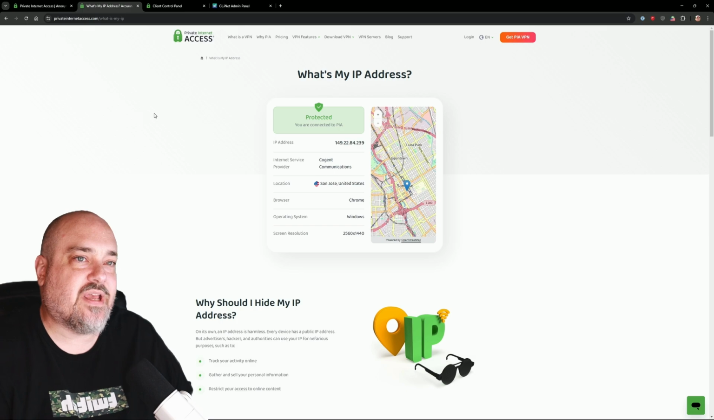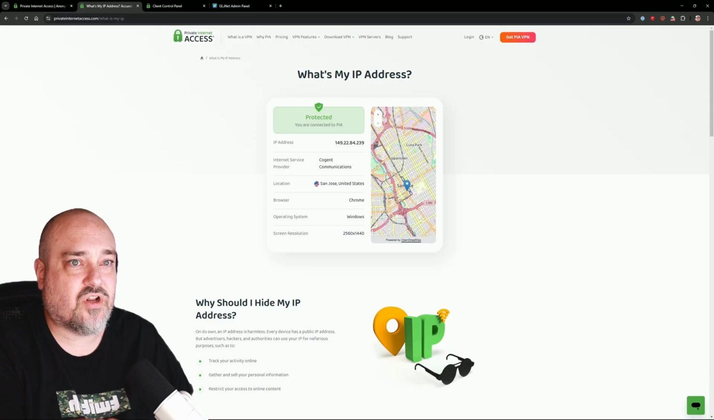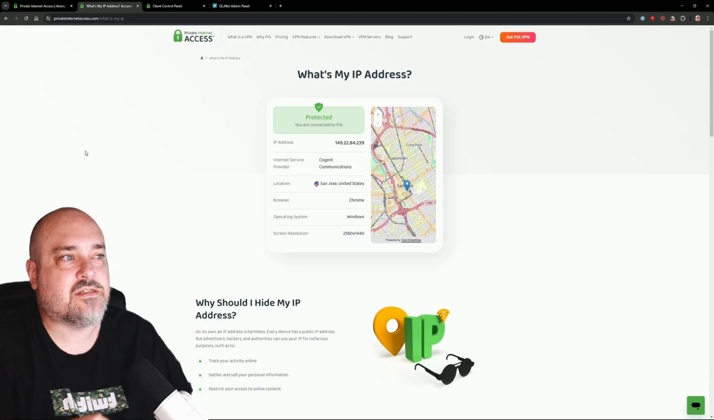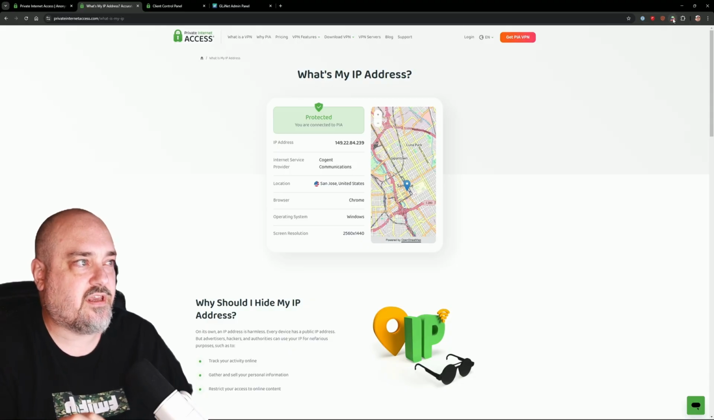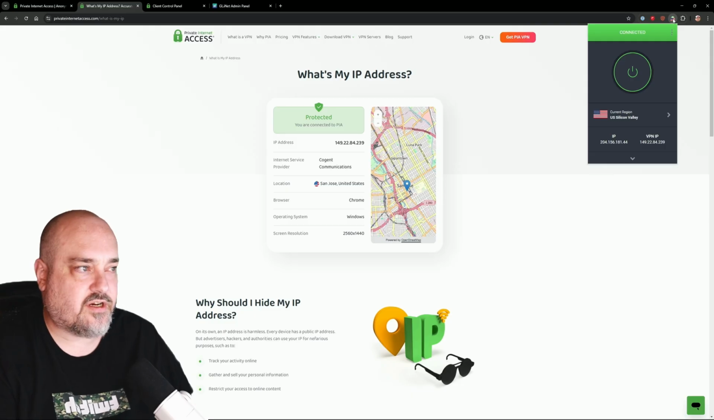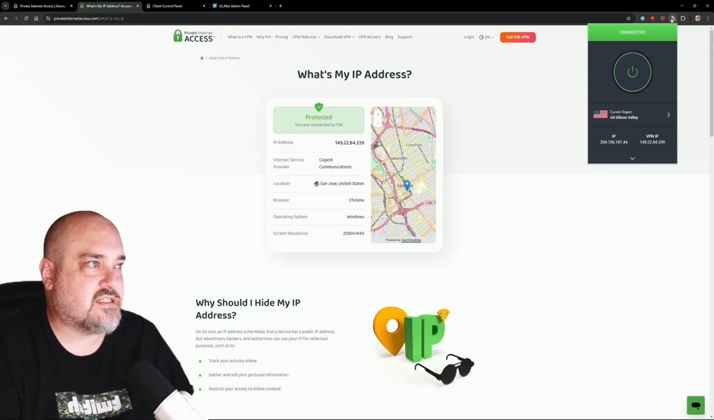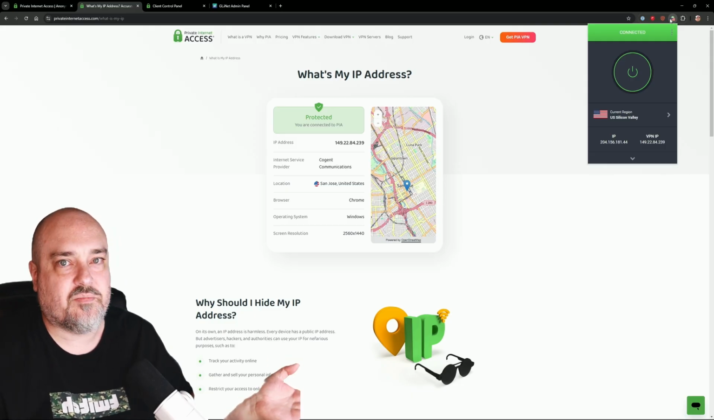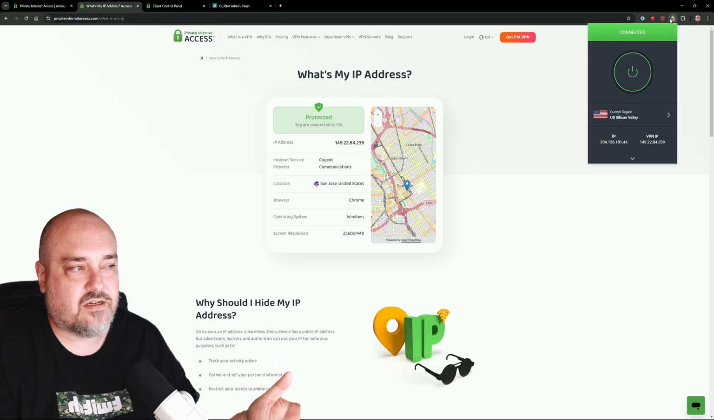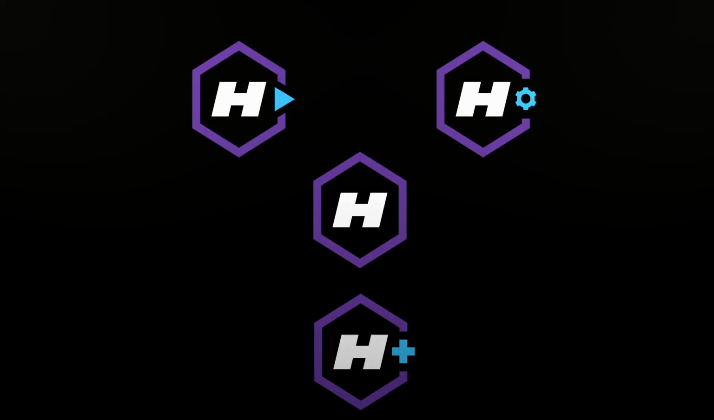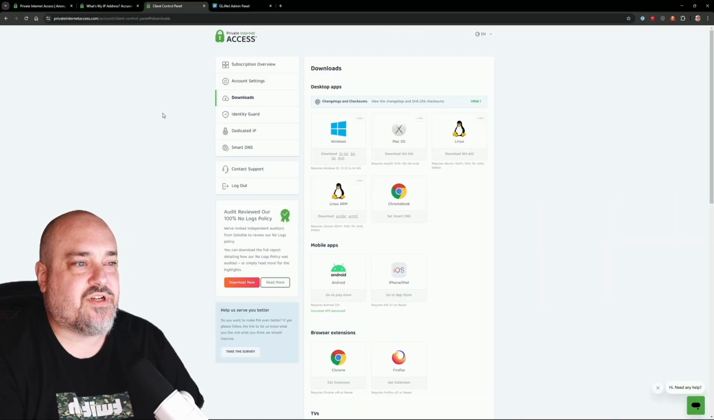What this is going to do, anything that goes through the web browser is going to be through PIA. Stuff outside the web browser is still going to go out your regular internet, and the reason is because we are using the Chrome extension plugin here. The next thing I'm going to show you is how we make everything on our computer go through PIA, not just our web browser. The second way we're going to show you is we're going to install the actual software